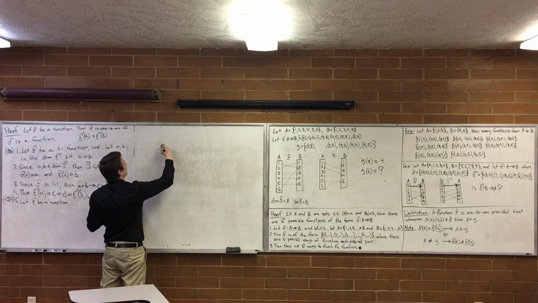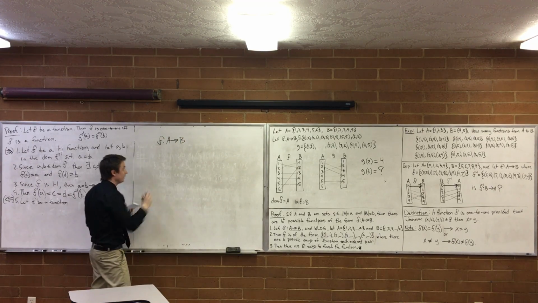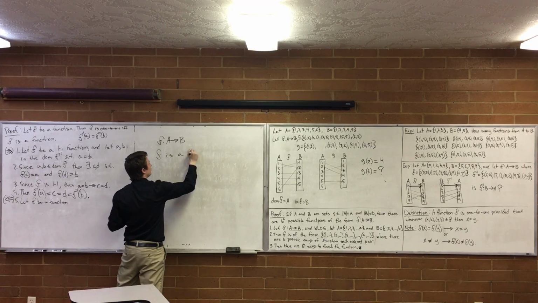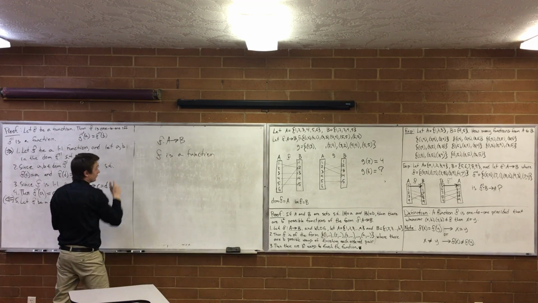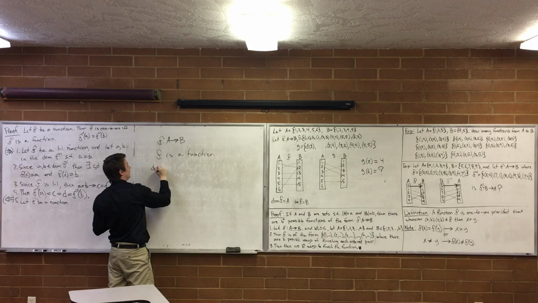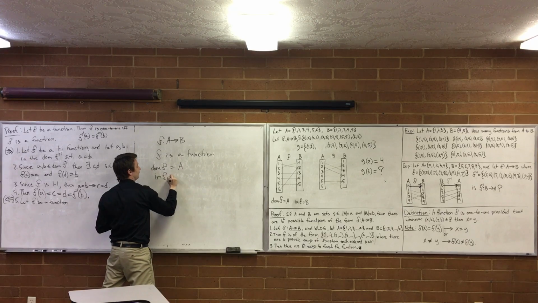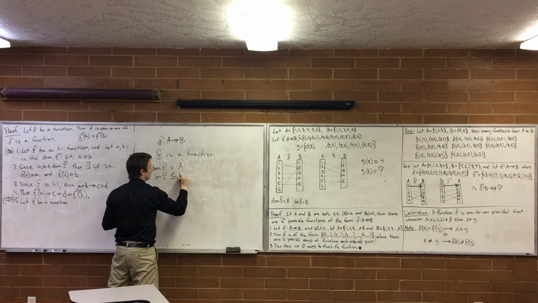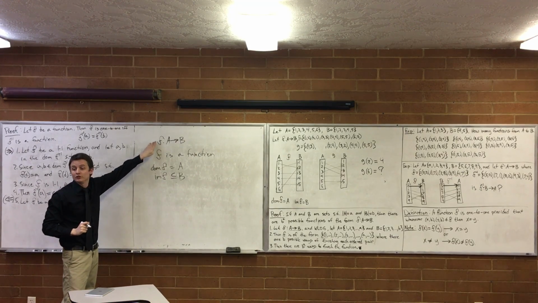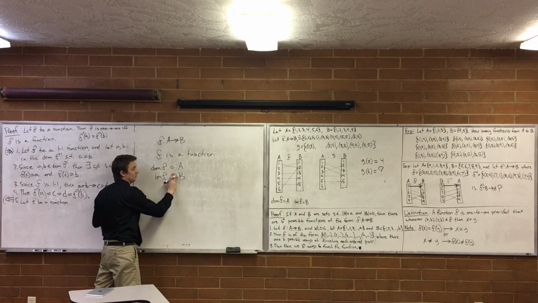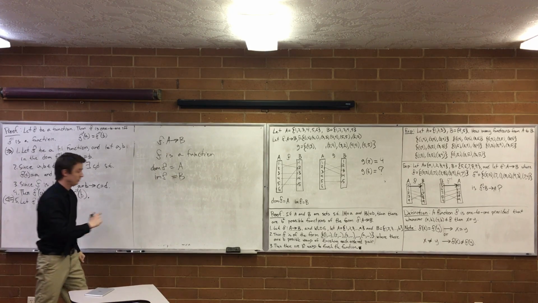Okay? So remember, I said if we have f is from A to B, what did that mean? That means 3 things. F is a function, which tells you some information about it. That tells you that the domain of f is equal to A, and that the image of f is a subset of B. If I say that f is onto, then that means that the image of f is actually equal to B, not just a subset. Perfect, that makes sense. Okay?